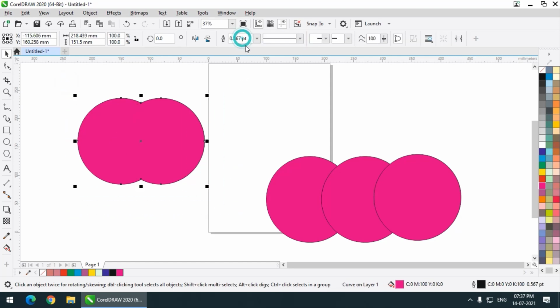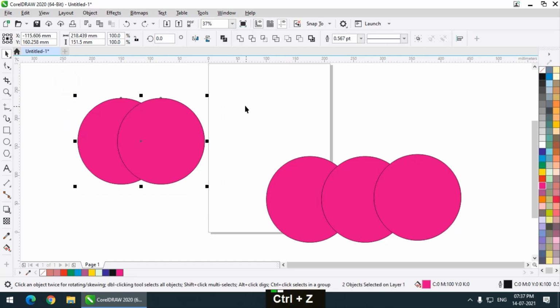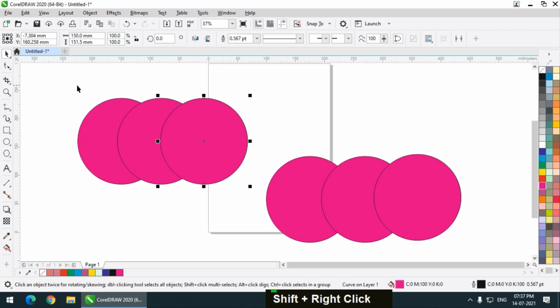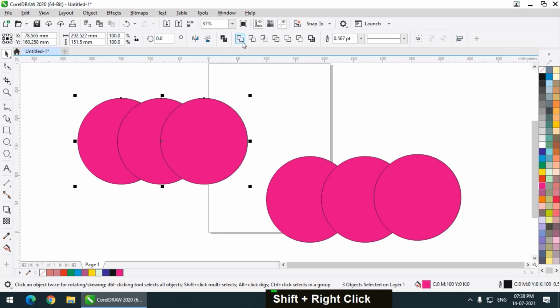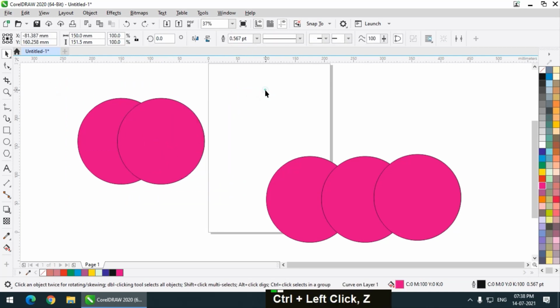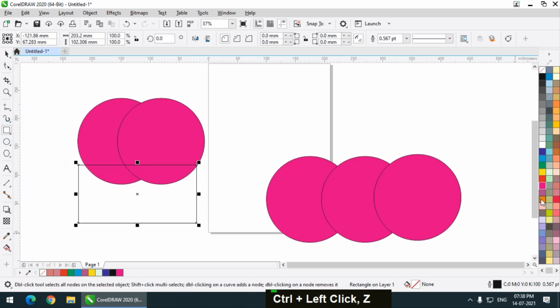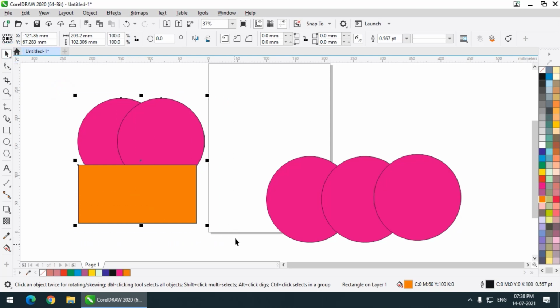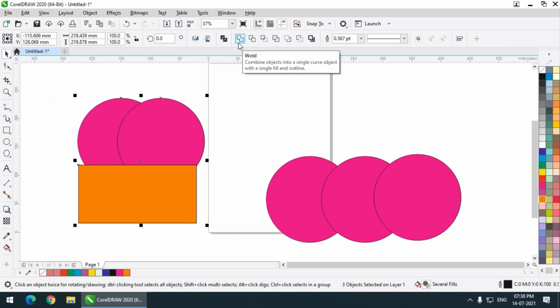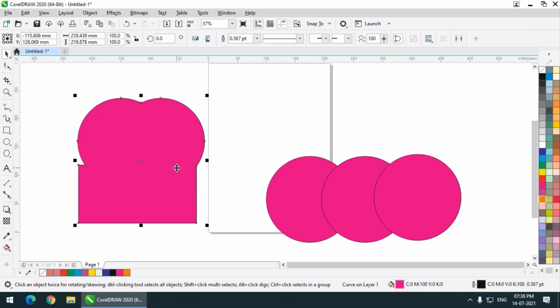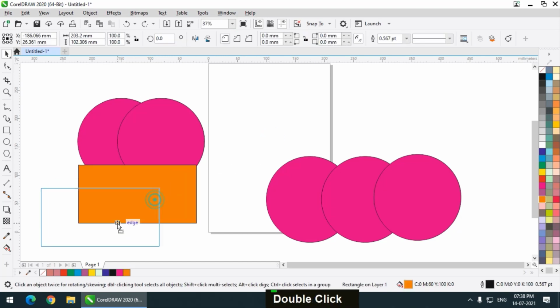So this is basically the weld tool which merges any selected objects, and you can select different shapes. It doesn't really matter if you select different shapes, select all the shapes and click weld. It is basically welding the selected objects, so it merges the objects.